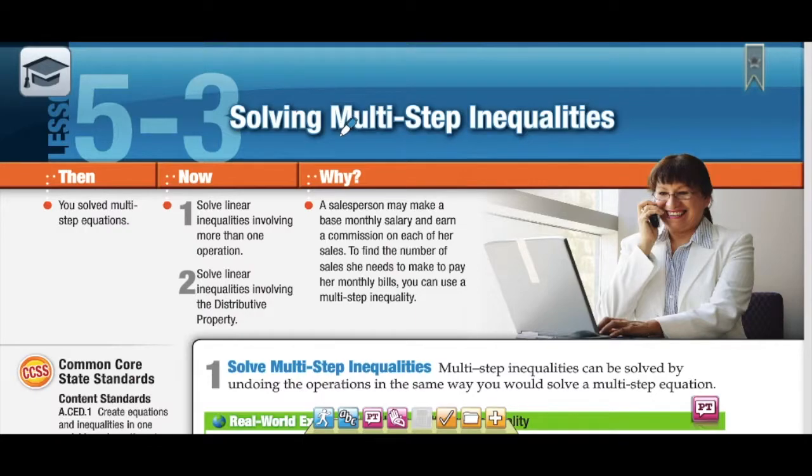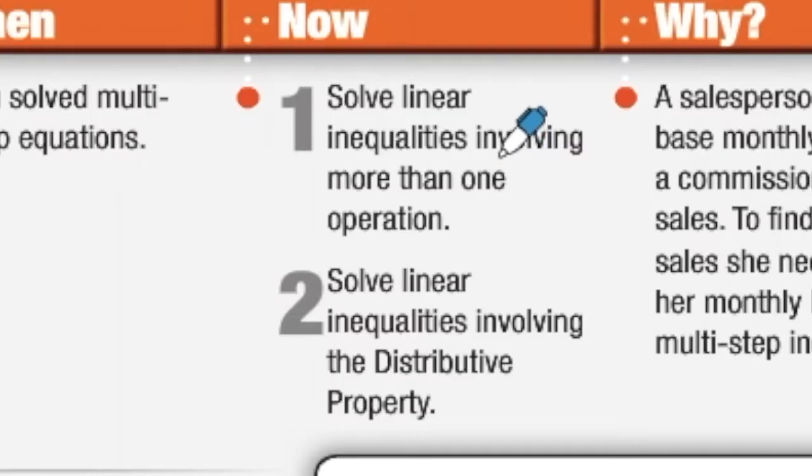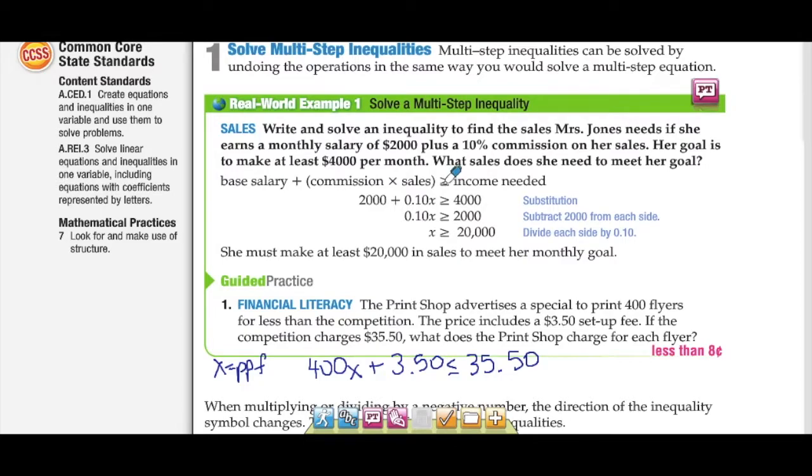In Lesson 5.3, you're going to be solving multi-step inequalities, and you'll solve linear inequalities involving more than one operation, and you'll also solve linear inequalities involving the distributive property. In example 1, you have a multi-step inequality in the form of a story problem. Notice that the story problem can be translated into an inequality, and then you can solve it like normal to